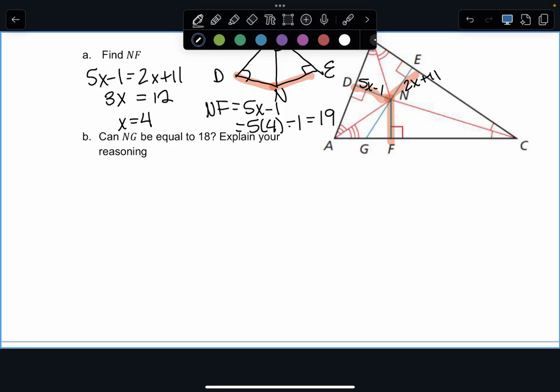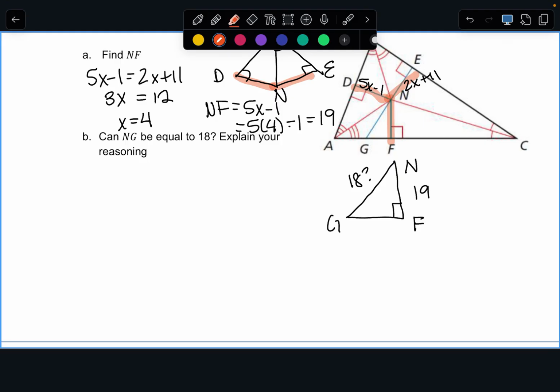Stop. Hold on. Let's think this through. I'm going to draw this triangle right here because it deals with NF, which I had was 19, and it's asking if NG could be 18. Based on my picture, what type of triangle is this? It has a right angle. Okay, it's a right triangle. Does anyone remember from Algebra 1 or earlier this year what we call this segment, the side directly across? Hypotenuse. So, NG is the hypotenuse